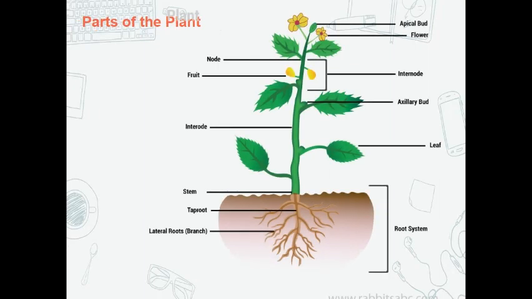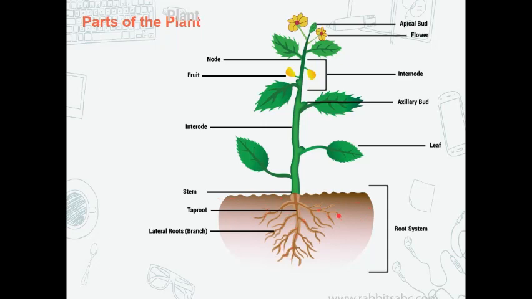Yes, I can recognize the root, the stem, the leaves, and the flowers. Yes, here are the beautiful flowers. These are the leaves, and here are what are going to be fruits of the plant. This is the stem of the plant, and these are called the nodes, and this space in between the nodes is called the internode. And this part which grows under the ground is called the root system or the roots